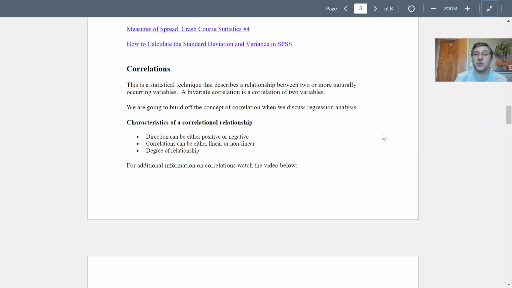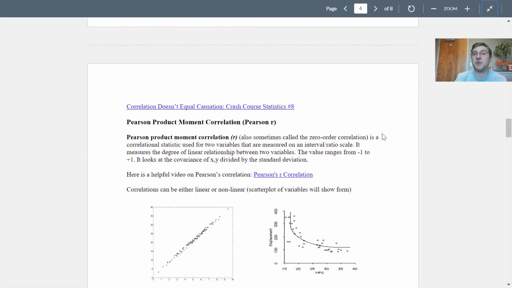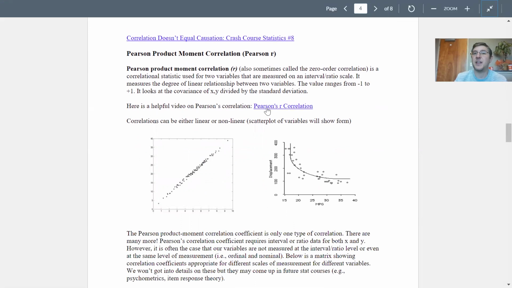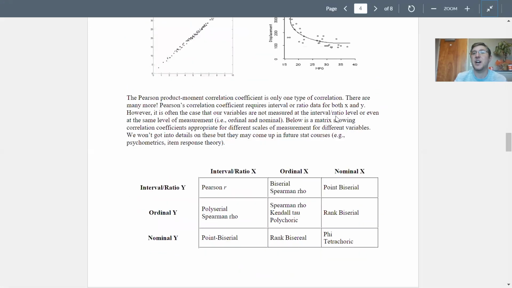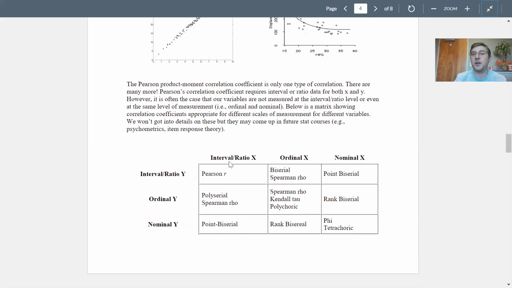Correlation, what is a correlation? Specifically, I talk about here the Pearson product moment correlation. And again, more videos you can see. Also given here, the Pearson product moment correlation is probably the most widely used and the one we're going to probably focus on here. And a lot of different statistics are based off it, but it's not necessarily the only